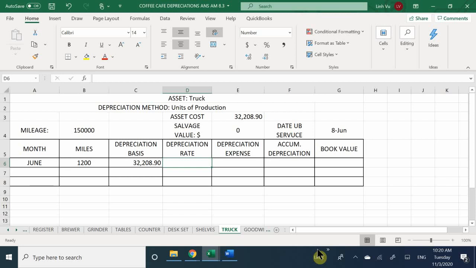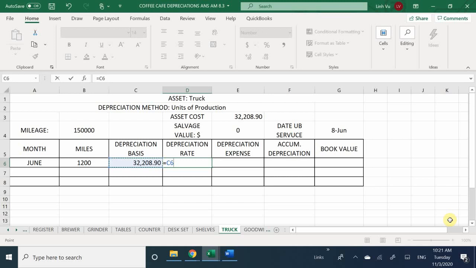So in this case, what is my depreciation basis? The amount, the cost, the 32,208. Okay, you want to be careful. Depreciation basis and cost are two different things, because in this case, my depreciation basis is my cost. But if I did have a salvage value, then my cost is not my depreciation basis. So your depreciation basis is the 32,208.90,